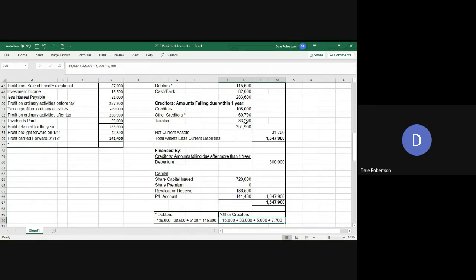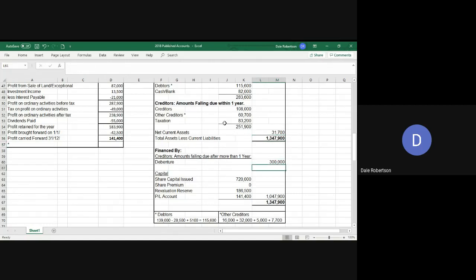And then tax is not straightforward either, because in the tax you have corporation tax of 49,000, but you also had VAT of 34,200, which is also a liability. You have to combine both of those to get that figure. Then you take your liabilities away from your assets to get your working capital, or in this question we call it net current assets, and you add that to the above fixed assets to get your total assets less liabilities of